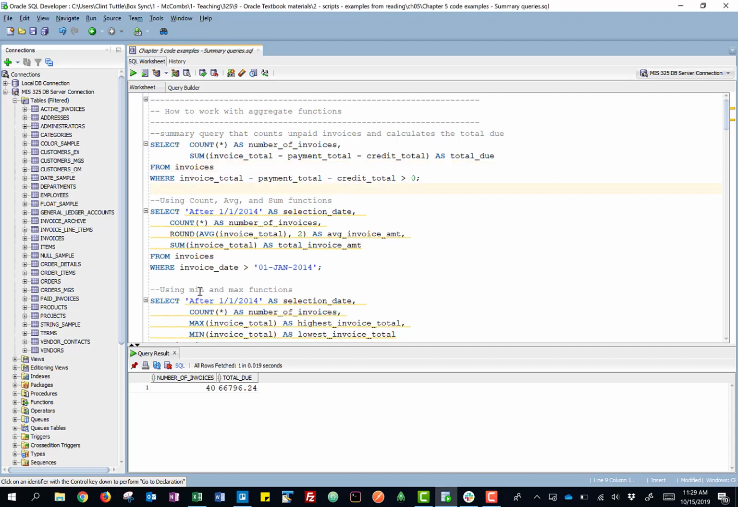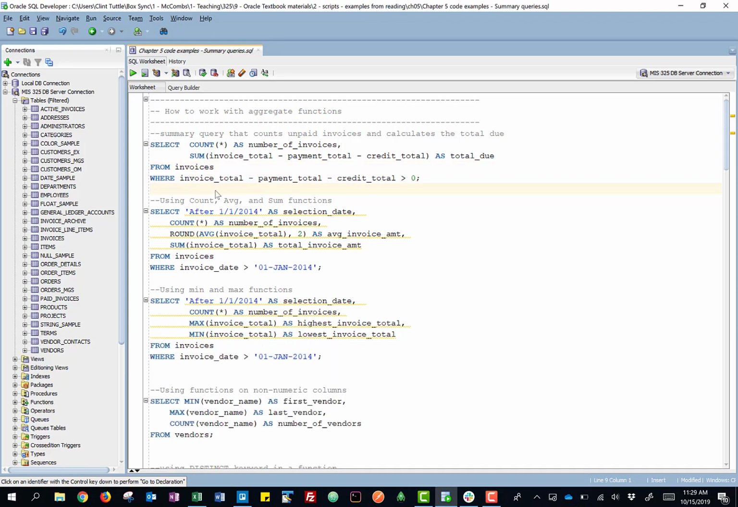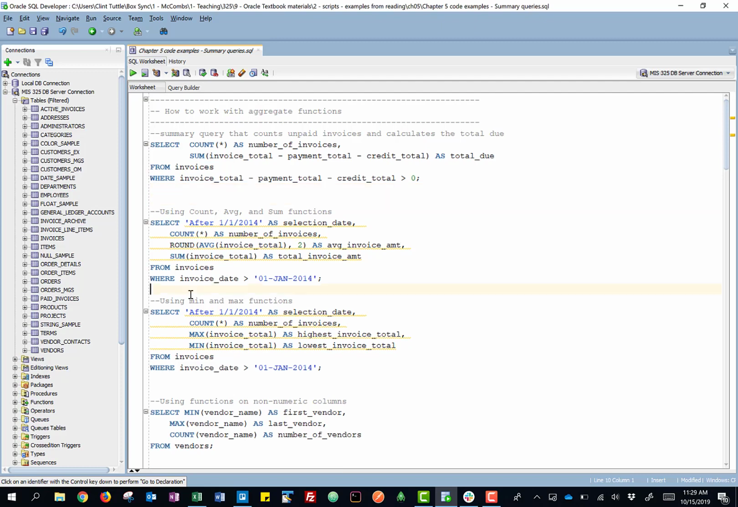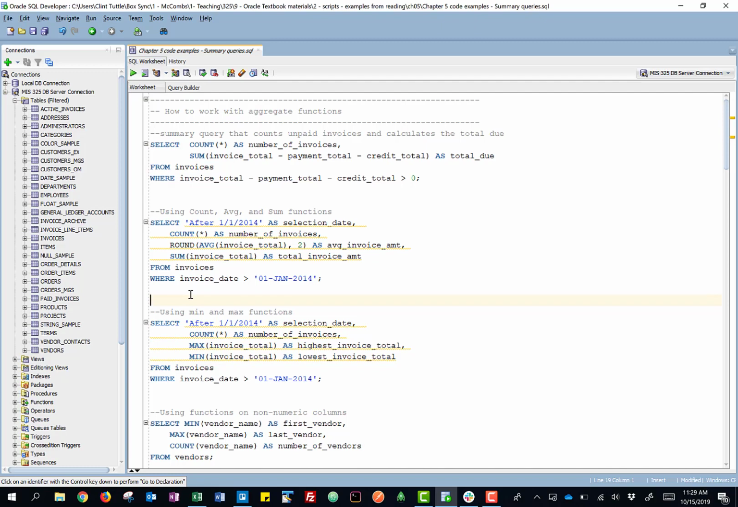Welcome to the video where we're going to walk you through how to use something known as summary queries. Summary queries are queries that will allow us to group data together and do calculations on it. And this first set of queries that the book talks about in chapter 5 is really just walking you through